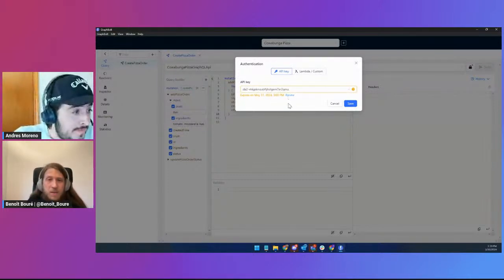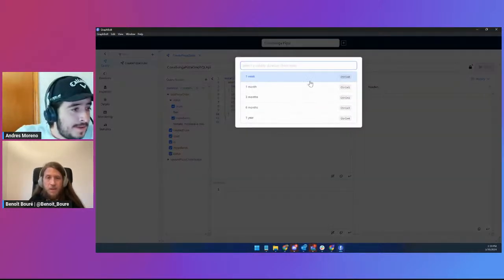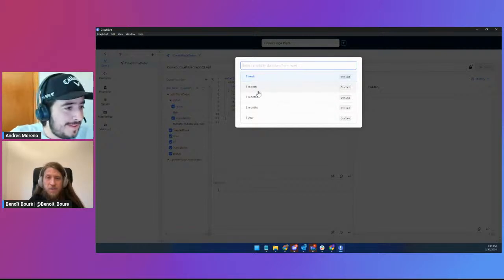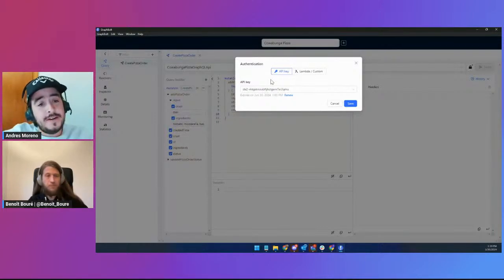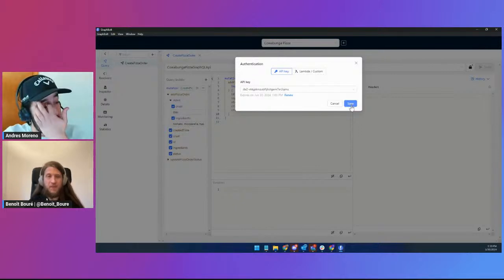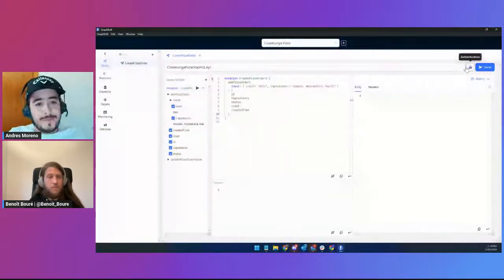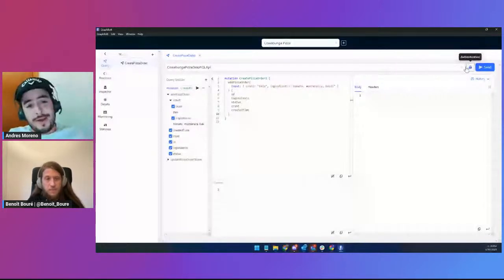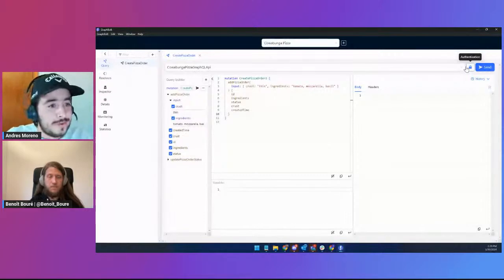That's nice. So it looks like it's going to expire. A cool thing you can do as well is click renew. And you can renew it for some time. Hotkeys, I love this. Boom, one more. And that went back to my AWS account and updated that. Yeah, exactly. It's like you did last week. Nice. Okay, cool. So that figured it out for me. I didn't have to go back to the AWS console and pull in the API key or pull it from the CloudFormation outputs or anything. And now I can